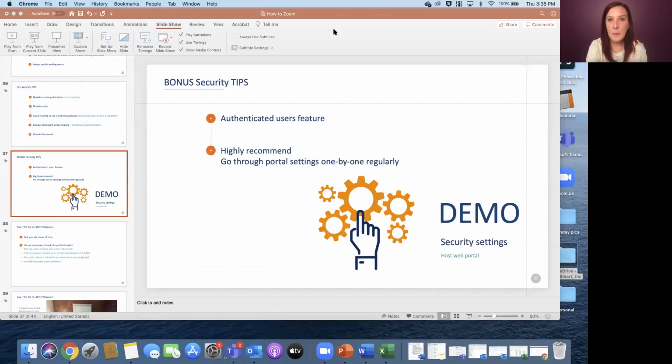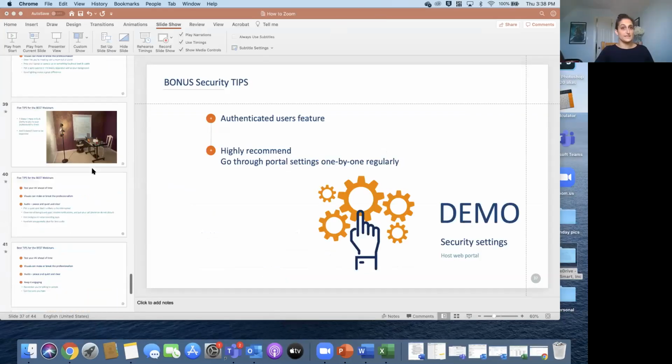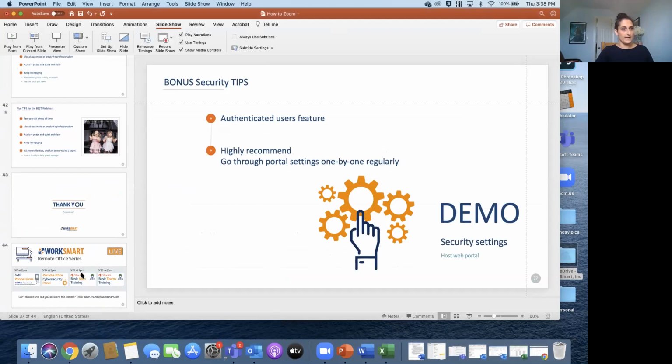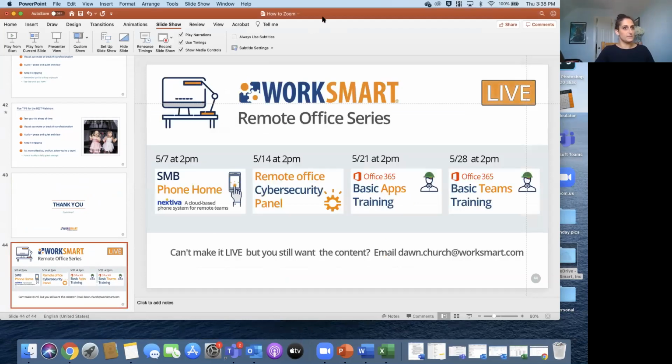And there is an option to reset that PMI or that personal meeting ID. So if you have given it out and now you realize that maybe you didn't want to give it out, you can customize that by going into the web portal settings and then going to your profile. There'll be a spot for personal meeting ID, and then you can just go in there and hit edit, and you can change it to a 10-digit number.